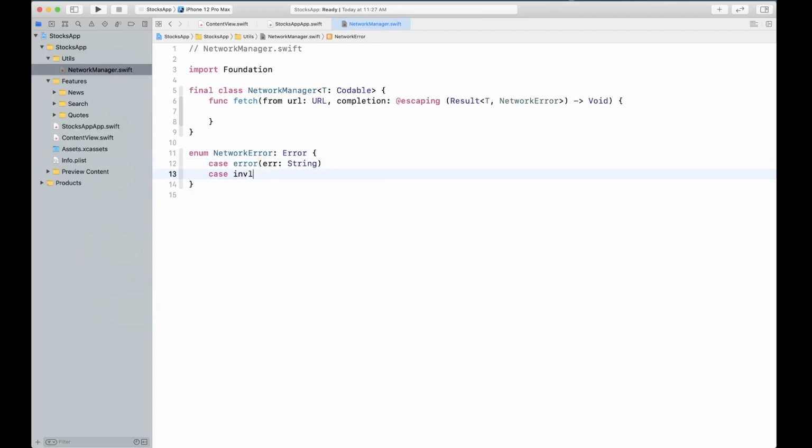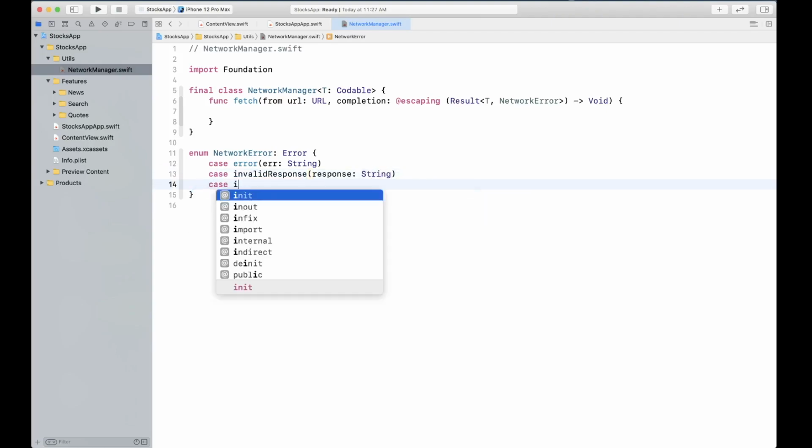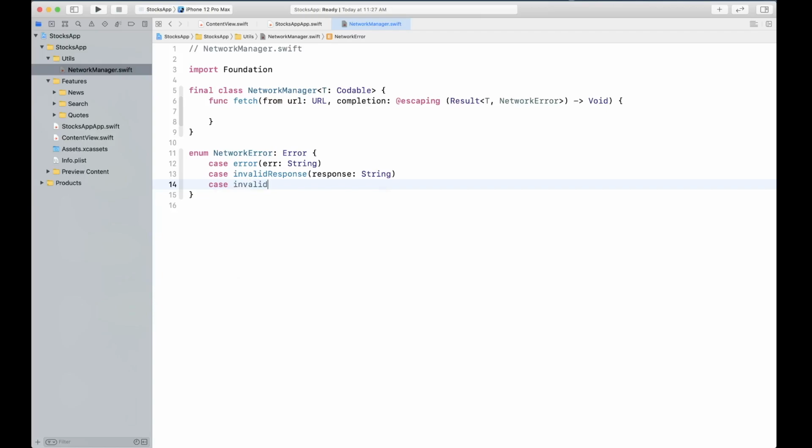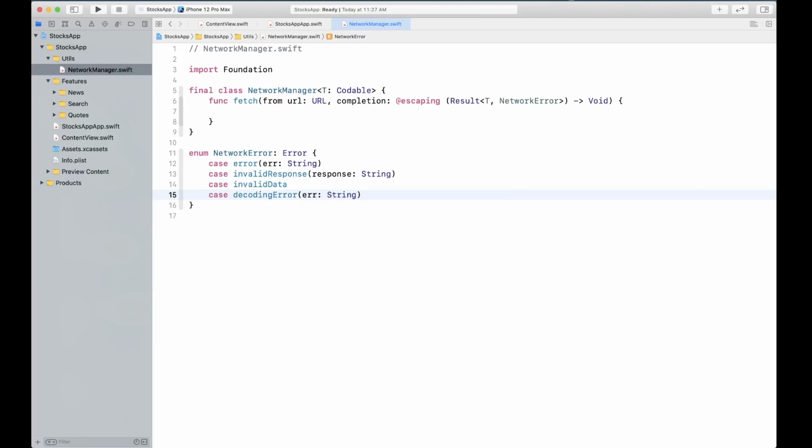There's going to be invalid response, invalid data, and decoding error, like so. Okay, so as you can see, our error is gone now.